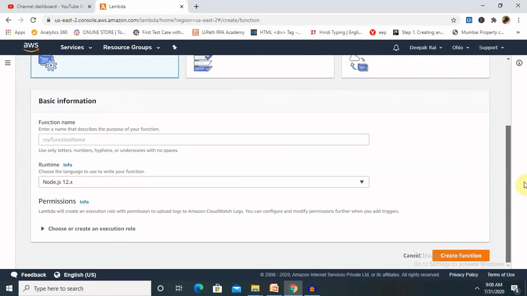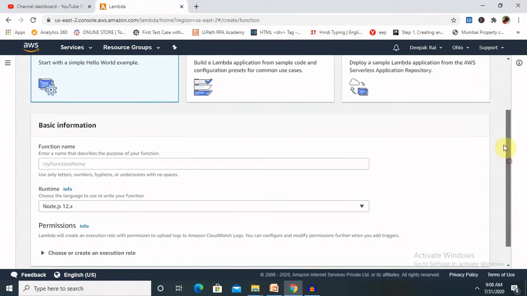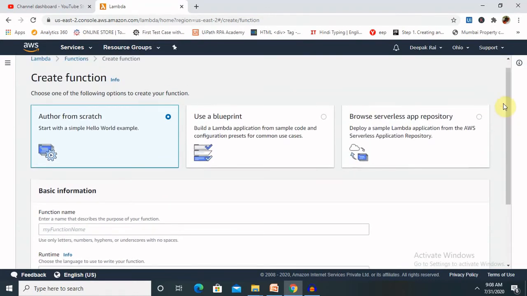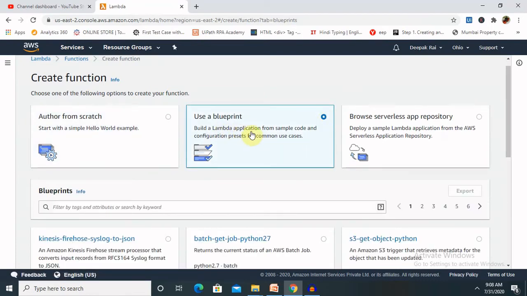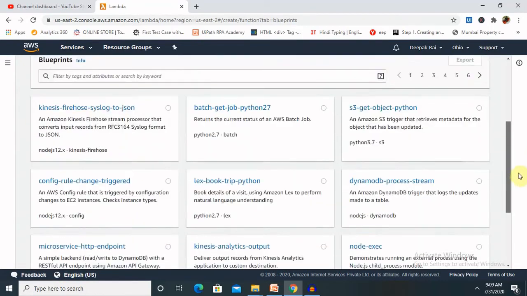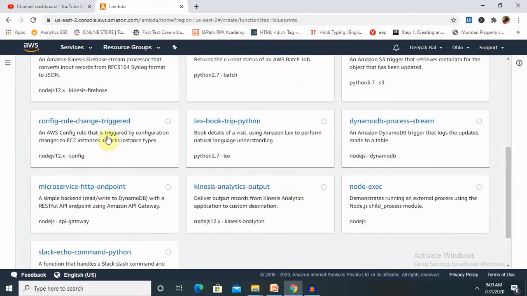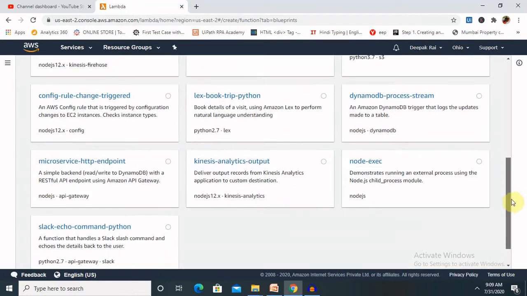But right now there are some services or Lambda functions already created by AWS, so you can also use those and pay according to your requirement. We are going to use a blueprint, and there are some functions available for use. Select any of these and use it for your requirement. Just like I am selecting this,